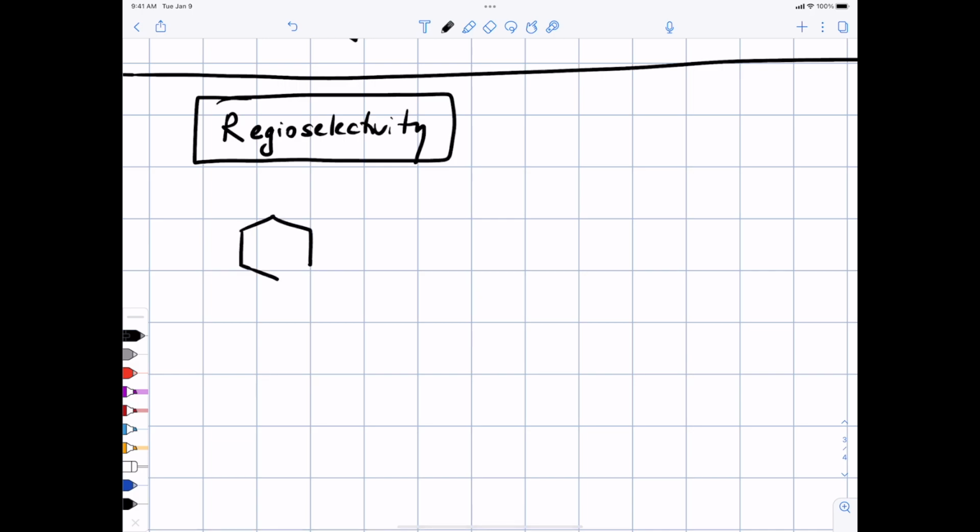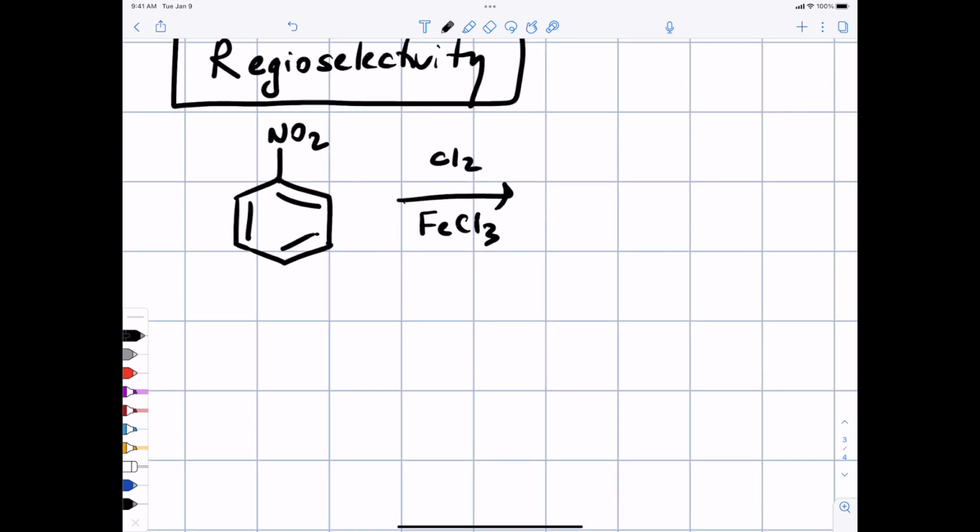So as an example, suppose that we already start with nitrobenzene and we want to do a chlorination reaction. Aryl chlorination, FeCl3 and Cl2. There are, let's see, 4 different carbons now